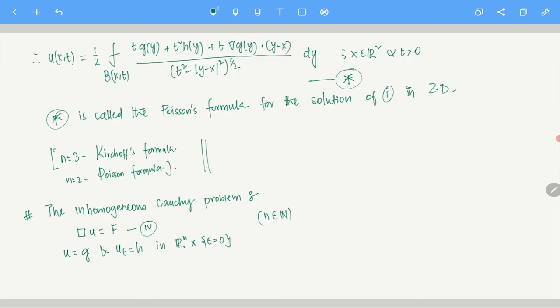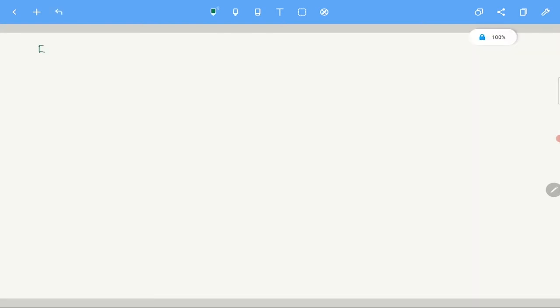You remember in the heat equation what we did for this kind of problem? We used Duhamel's principle. Here also we are going to do something like that. So before doing that, let's see something: superposition. See, the equation, the D'Alembertian of u equals F, is a linear equation, right? Of course, and the same holds for the heat equation also. So you can actually separate out two parts. Basically, you can write u of x,t to be u1 of x,t plus u2 of x,t. Clear?